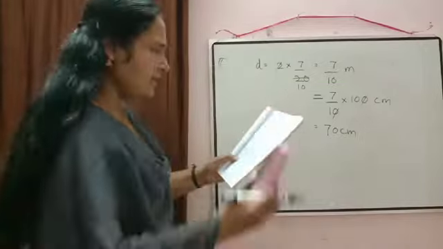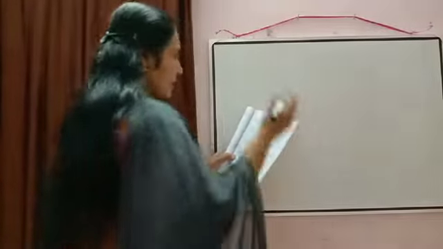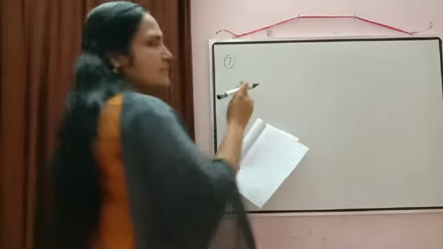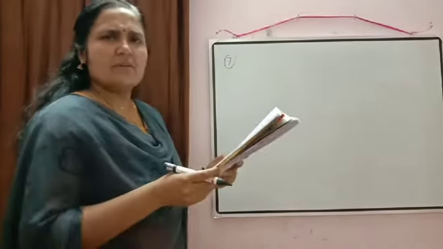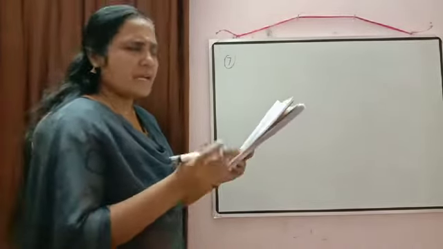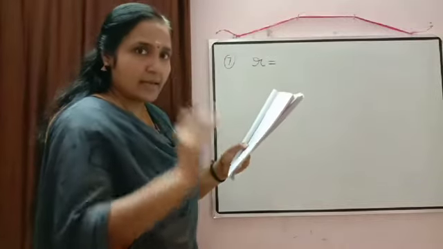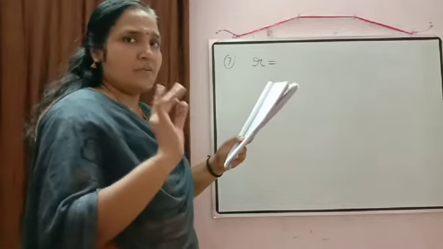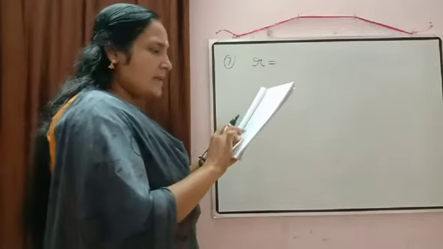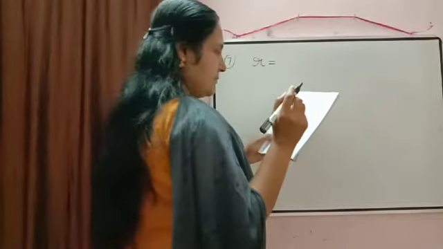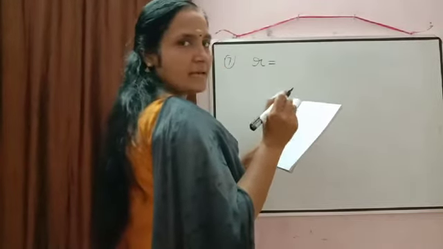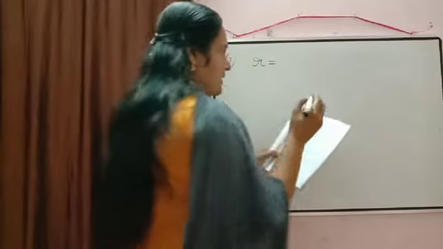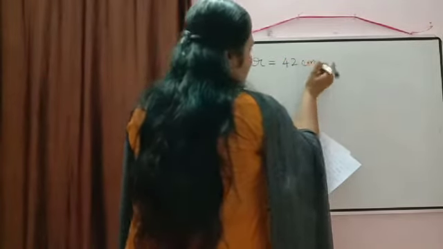It is written a wheel has diameter 84 centimeter. Diameter is given. So radius we can write because we need radius. And one more thing. In this type of question, read the question very carefully. Whether diameter is given or radius is given, whether units are same or not, everything you have to check. Then what will be the radius? Yes, radius will be half of that. Then radius will be equal to 42 centimeter.